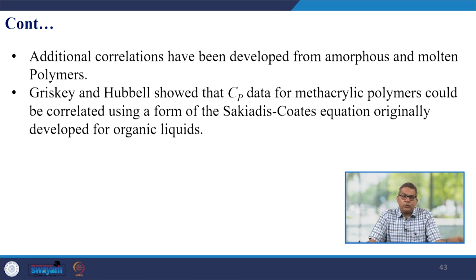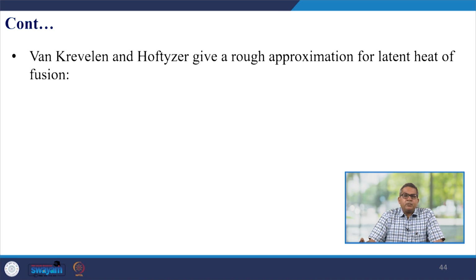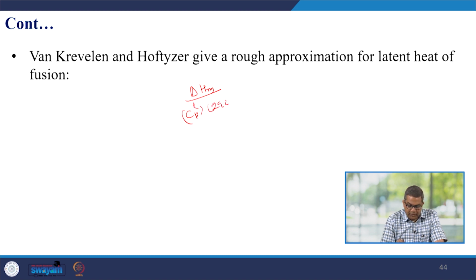Other scientists showed that the Cp data for methacrylate polymers could be correlated using the form of Coates equation, originally developed for organic liquids. Similar scientists gave a rough approximation of the latent heat of fusion. Here this can be represented as delta Hm/Cp liquid at 298 Kelvin = 0.55 (Tm − Tg), where delta Hm is the latent